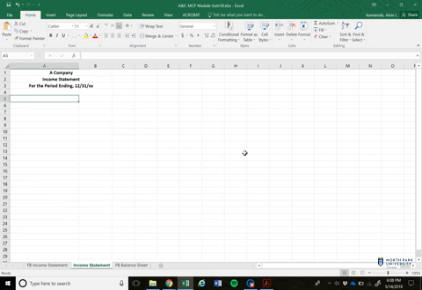So toggling over to the second sheet, the income statement that we'll just make up quickly for a company, it's going to look something like this. So let's say we start off with revenues, and we'll keep it simple, and we will make it $100,000 worth of revenues. That revenue then has a cost of revenues associated with it, just like in our previous walkthrough, and we'll say that that's